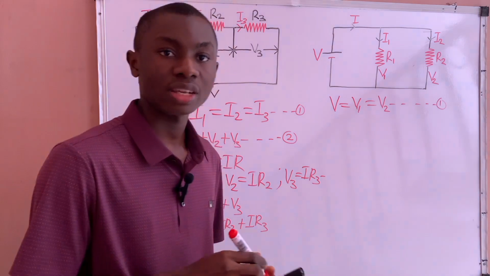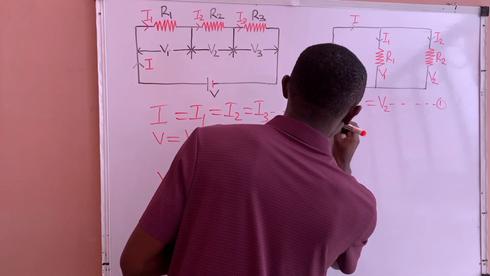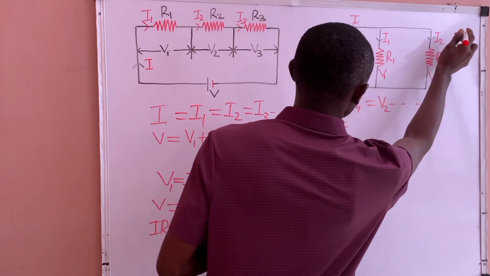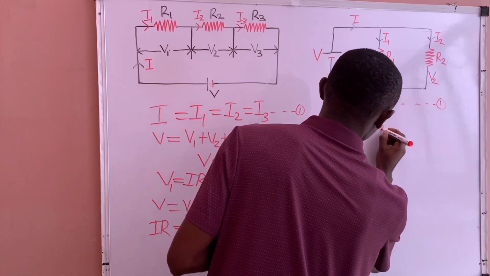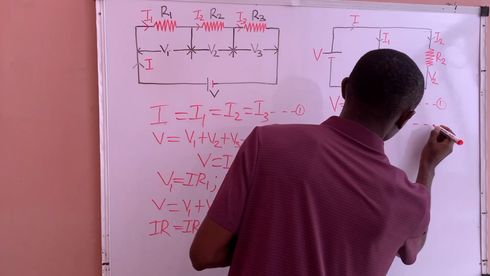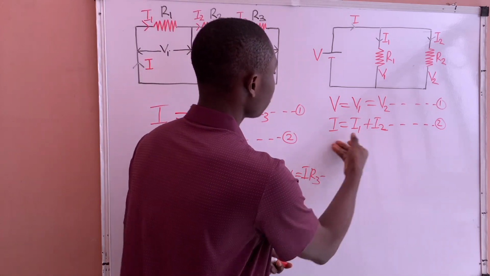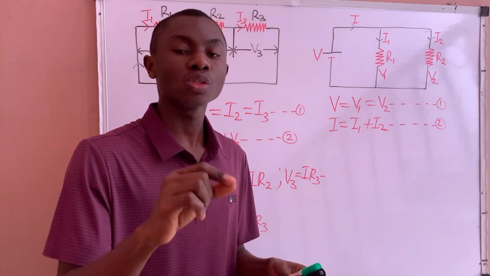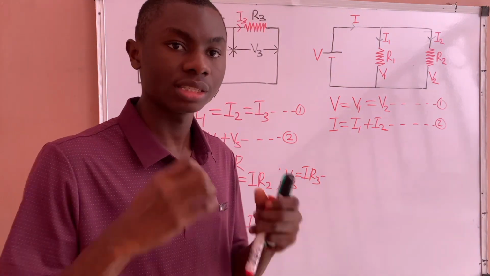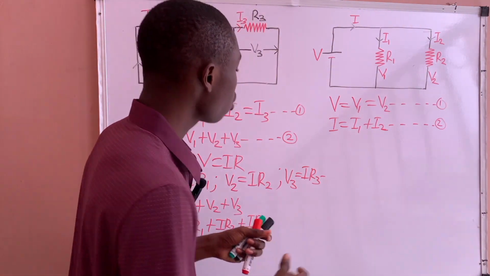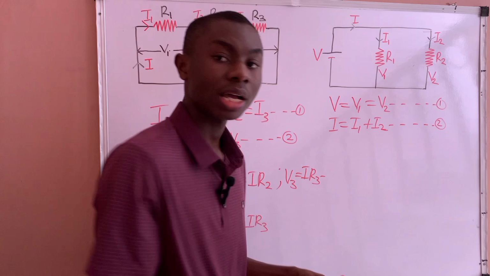We also know that in a parallel circuit, current differs. So this supply current I will be equal to what? This plus this, which is I1 plus I2. You can call this equation 2. Since current differs, our aim is to look for the value of current that differs in this parallel circuit. So what are we going to do? We will look for the value of I, the value of I1, the value of I2, and now substitute them